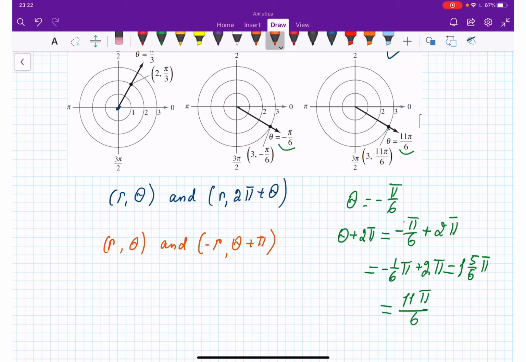Because it's a negative r, and if you add theta plus pi, it's going to flip to the opposite direction, correct? So therefore, in general form,